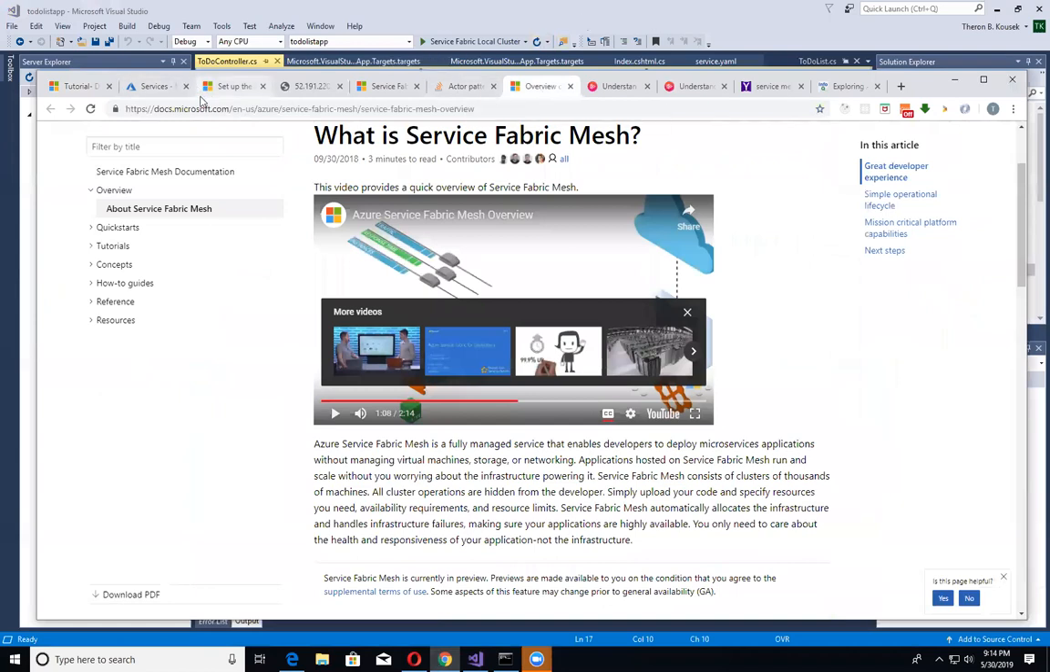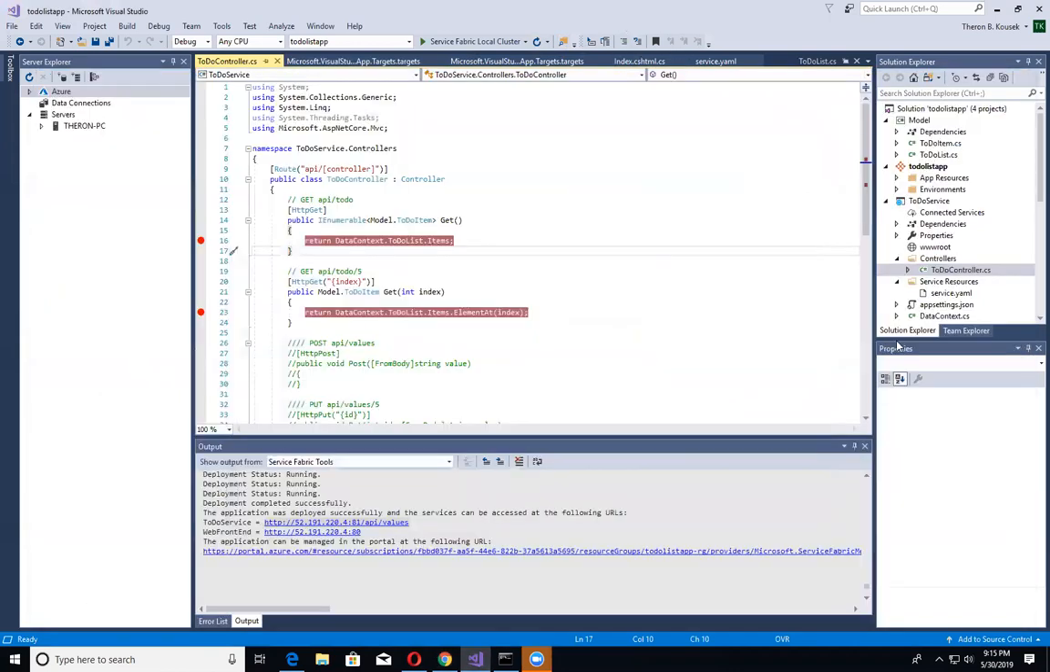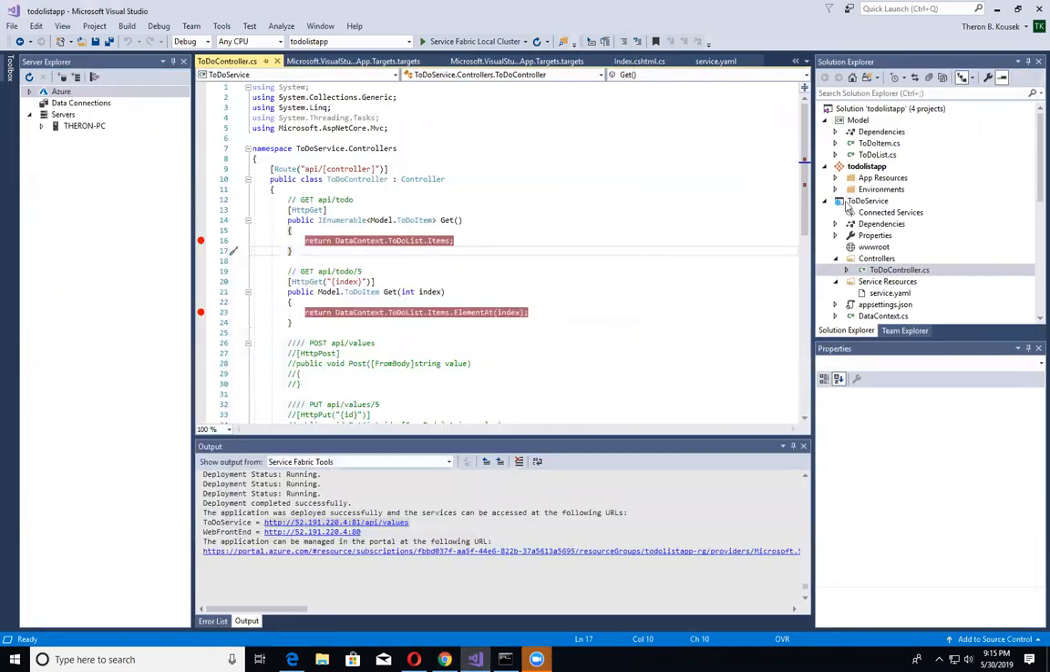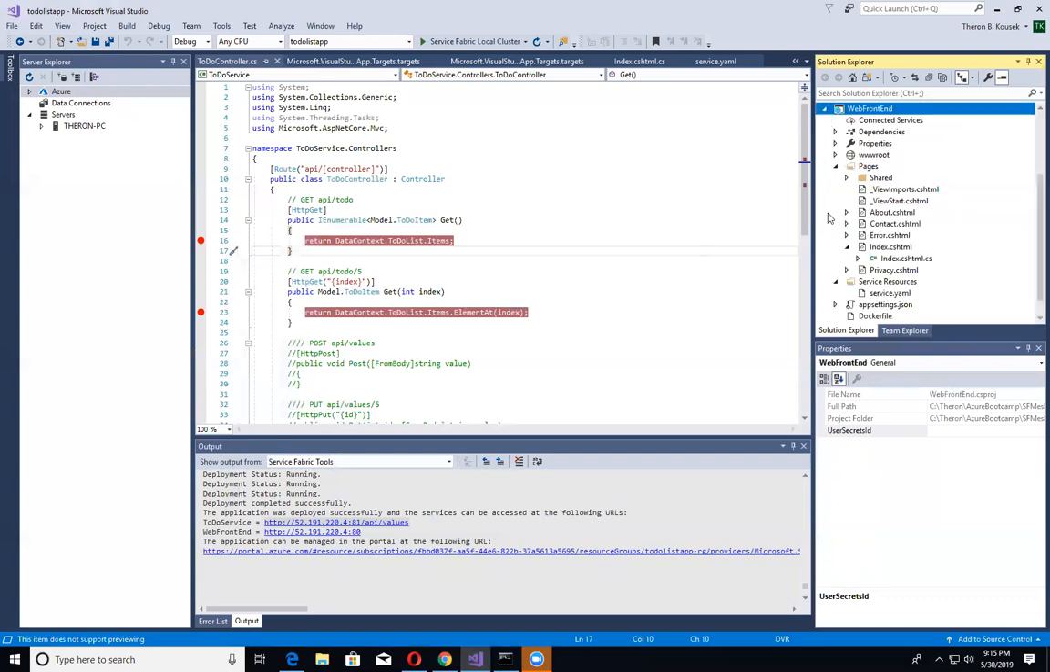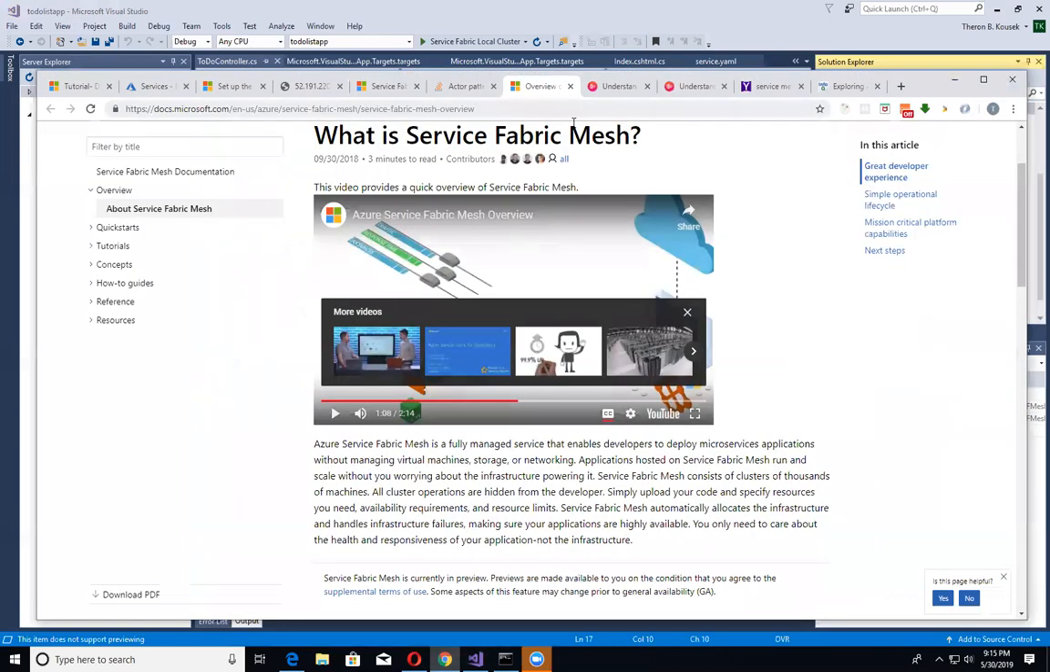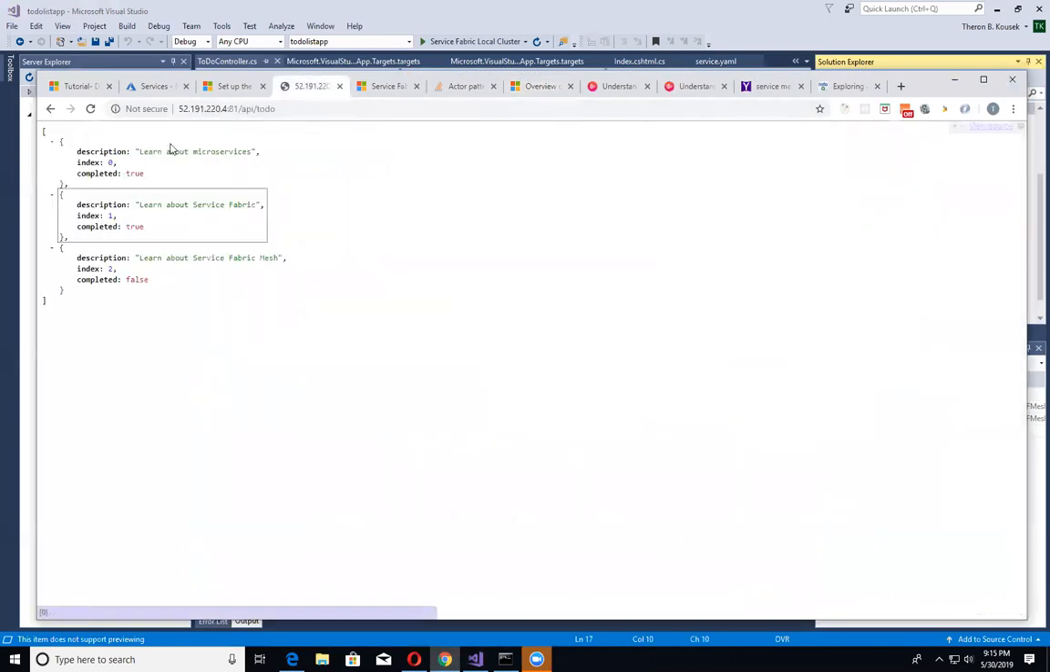But following this tutorial, as you can see, you end up with two services. I've got a to-do service, which is our back end, and I've got a web front-end service. The web front-end service is what you're looking at. Well, this is the back-end service, so I apologize there. But the front-end service itself